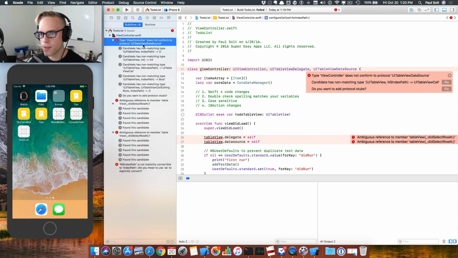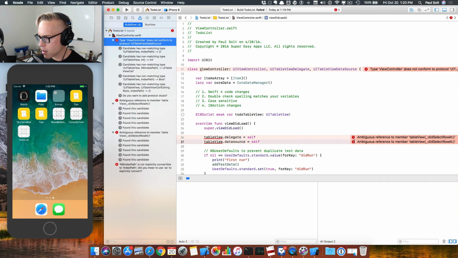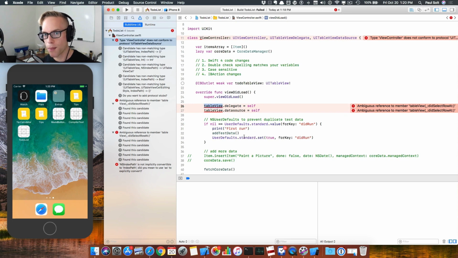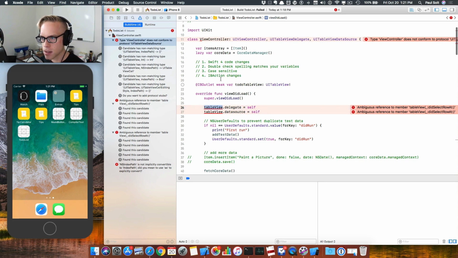So I'm going to click on this, and you can see that we're trying to conform to the delegate. And then we're seeing that we've got some weird errors up top. So we have the option to add protocol stubs for the data source, but we also see that we're getting some ambiguous references here. And what is that about? So what has happened, and I know the problem, but it's just this error message doesn't really make a whole lot of sense. So we're trying to set up a delegate and a data source, and we don't actually have